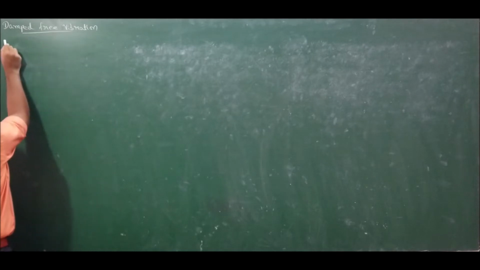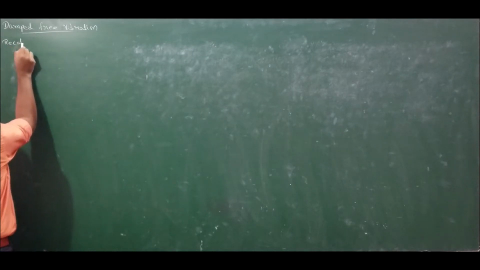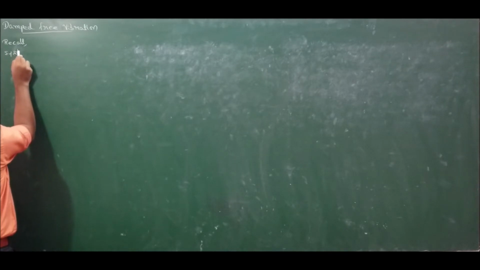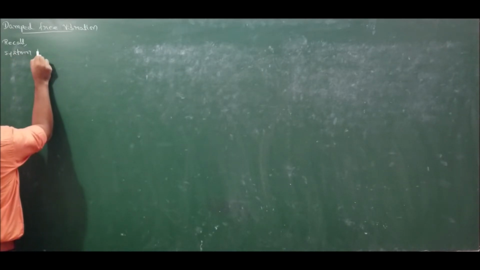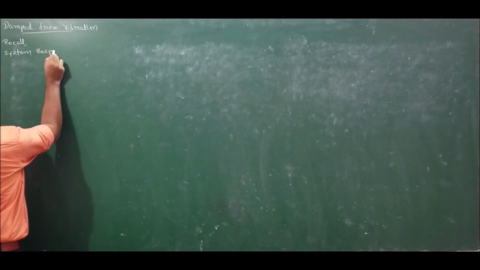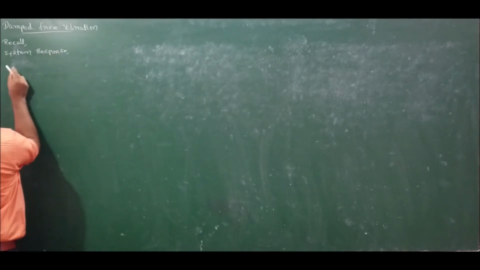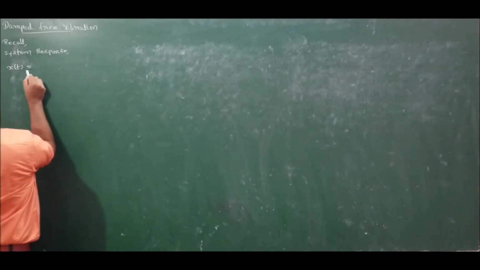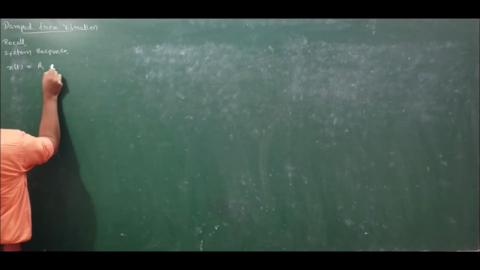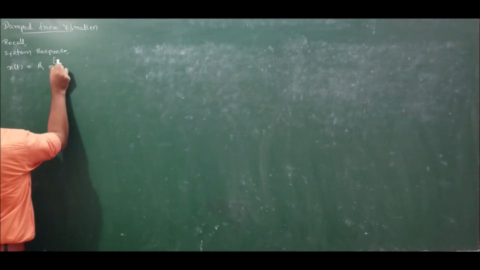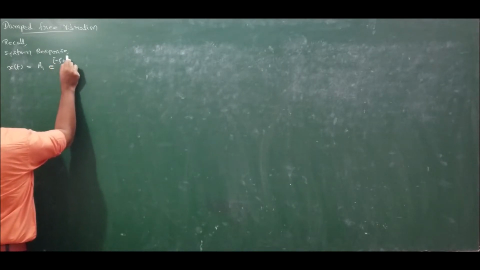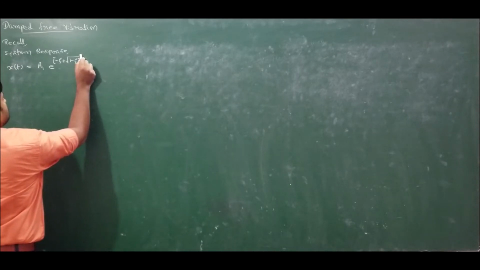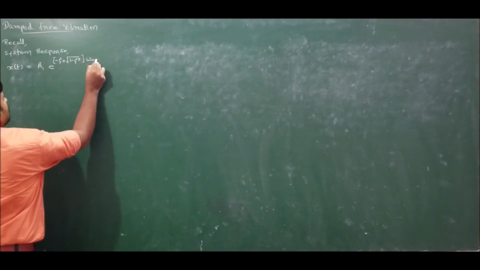Now recollecting the expression that we derived in our previous lecture, recall the system response equation. What do you mean by system response? Displacement as a function of time. It is given by a constant a1 e to the power of minus zeta plus root of 1 minus zeta square, whole multiplied by omega n t,